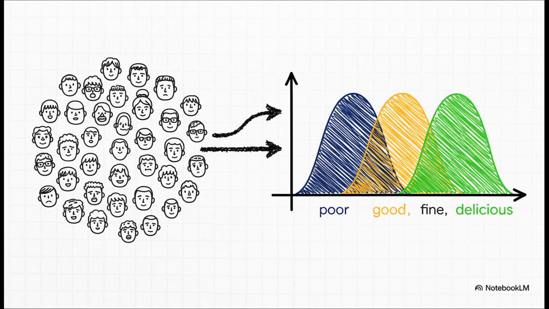So now, we have to define what terms like good or delicious actually mean to the computer. And we do this using something called membership functions. It sounds technical, but the idea is simple. Imagine you asked 100 people, on a scale of 1 to 10, what's good service? You wouldn't get one single answer, right? You'd get a range, a cluster of answers that you could plot out as a curve. That's a membership function. And by creating these overlapping curves for poor, good, and excellent, we're acknowledging that a single rating can belong to more than one category at the same time.